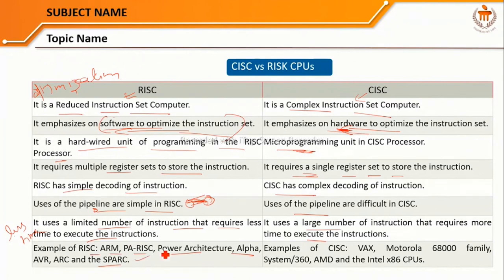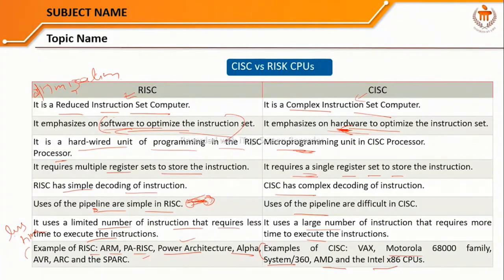So you have an ARC system. These are Power Architecture, managed by RISC, and the Motorola 68000, System 360, AMD and Intel x86 CPUs are examples of CISC. So if anyone asks what are the examples of CISC and RISC, you can say the AMD and Intel families use CISC for managing complex instructions, and